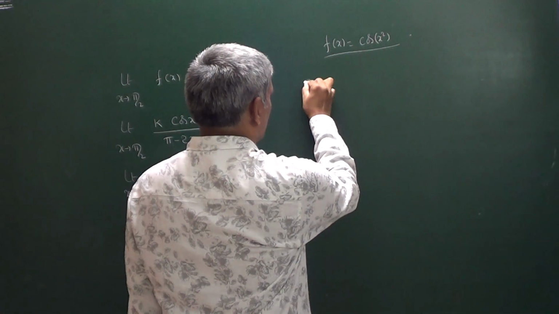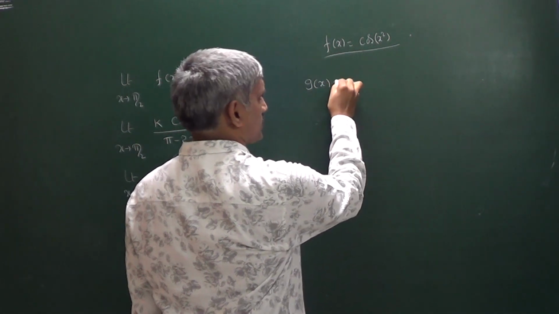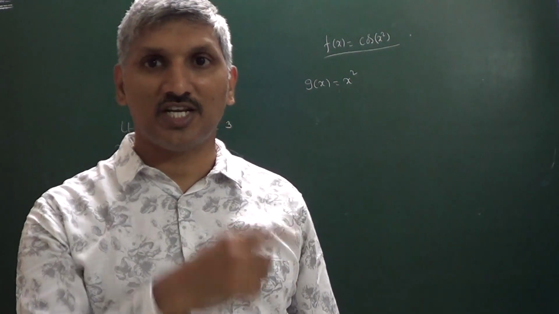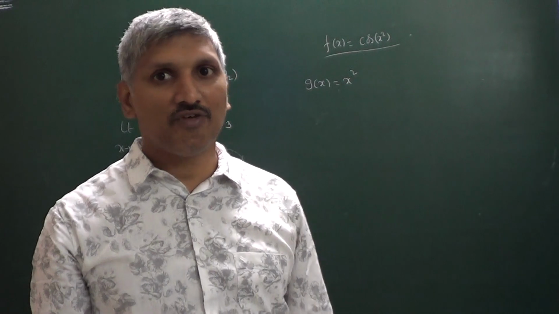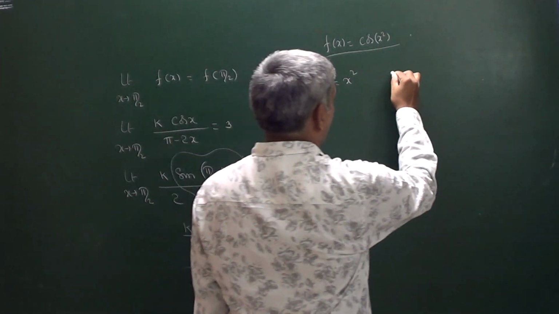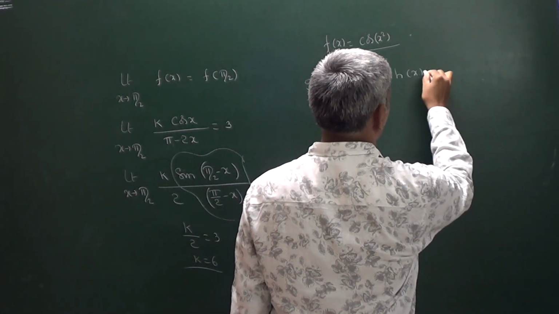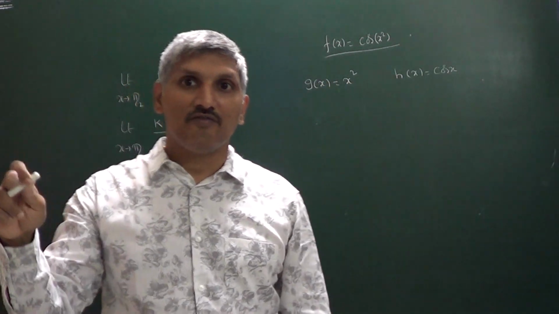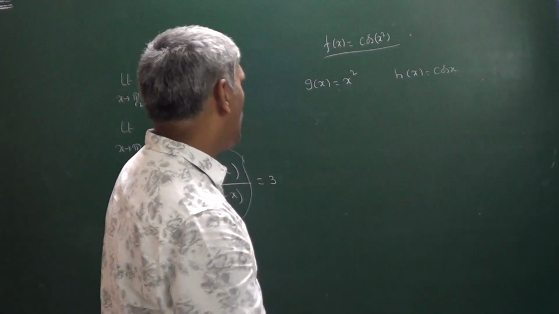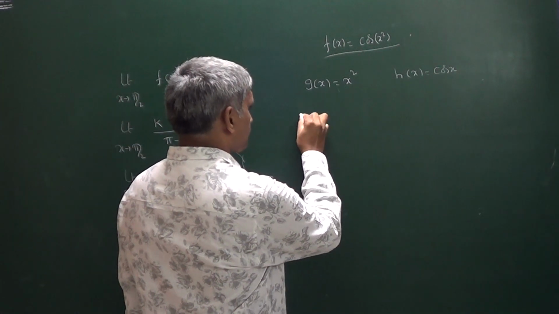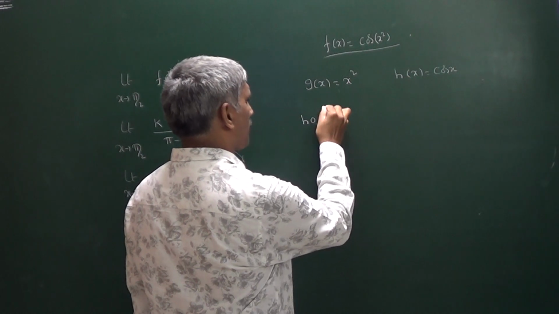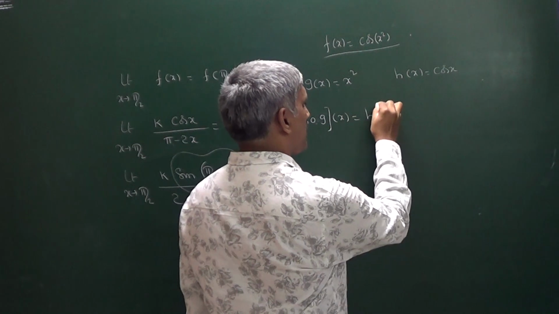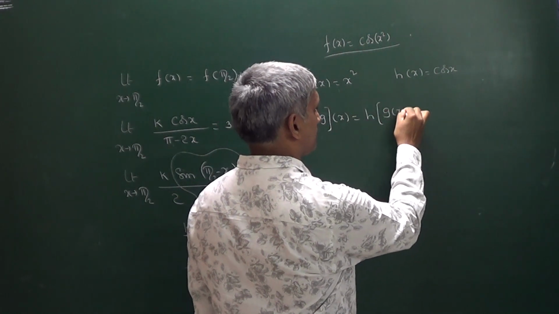So that's why I write down like this: g of x is equal to x square, which is continuous everywhere. Polynomial function, you know the graph of x square also, which is continuous everywhere. And next one you can take h of x is equal to cos x. Yes, trigonometric function, cos x graph also you know, which is continuous everywhere. Now I am considering h circle g of x. H circle g of x, that is nothing but h of g of x.